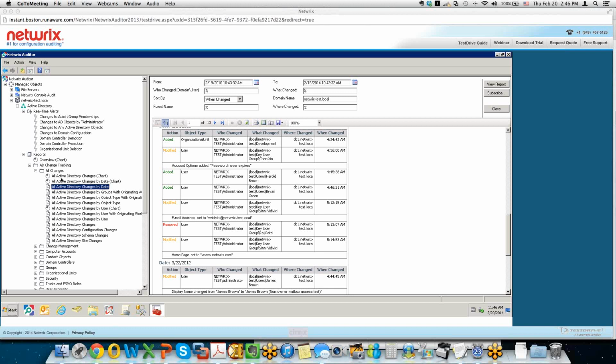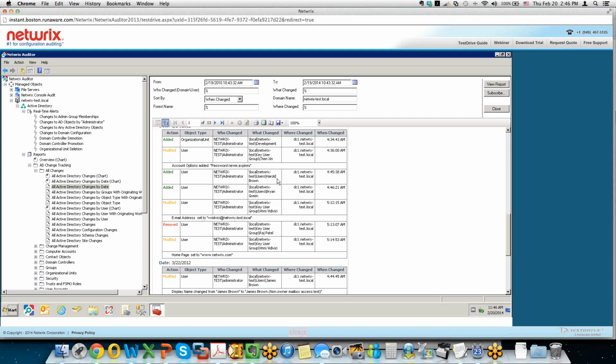You do have reporting here, and I just got one set focused on here where I can show you some additions, some modifications, even a deletion, and you see the types of details that are here: the object type, who exactly changed it, what was changed, that is the specific object, where was it changed from, like what machine were they on, when was it changed, and then you also see down here things like, in this case, the particular